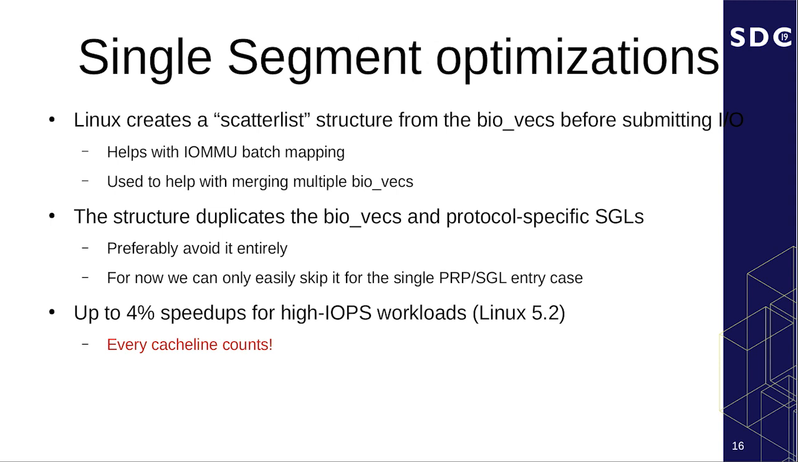Another thing that came out of this is optimizations for single segments. So if we just have a single one of these BioVecs, we can actually handle it a little more efficiently than the normal I/O path. The normal I/O path from the BioVecs creates a struct that we call a scatter list, which is a really weirdly designed structure because it basically contains the same fields that we already have in the BioVec, and then contains another two fields